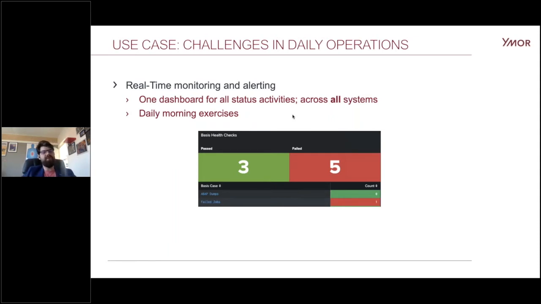If you have multiple, you can also turn it around. You can create like a photo negative. Instead of looking at the use cases as they are, you can just look at the use cases that have failed, or the use cases that are above or below certain thresholds. So all of a sudden, instead of going through multiple systems or going through multiple dashboards to see if everything is working as intended, you can just look at one giant screen,